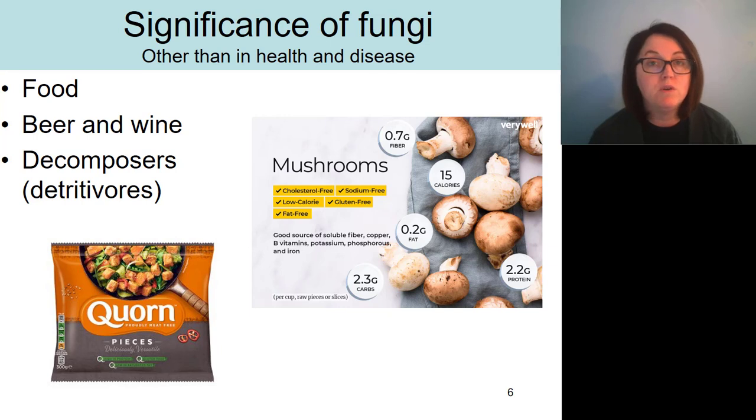Yeast are very important in ecosystems as decomposers or detritivores. They help to break down various organic materials in ecosystems, which is important for the cycle of nutrients in an ecosystem. Oh, down here at the bottom, we see Quorn, right? You might have heard of these products. These meatless meat products are becoming more and more popular. And Quorn is a brand of meatless meat products that is actually made from mushrooms. I shouldn't say mushrooms, it's made from a fungus.